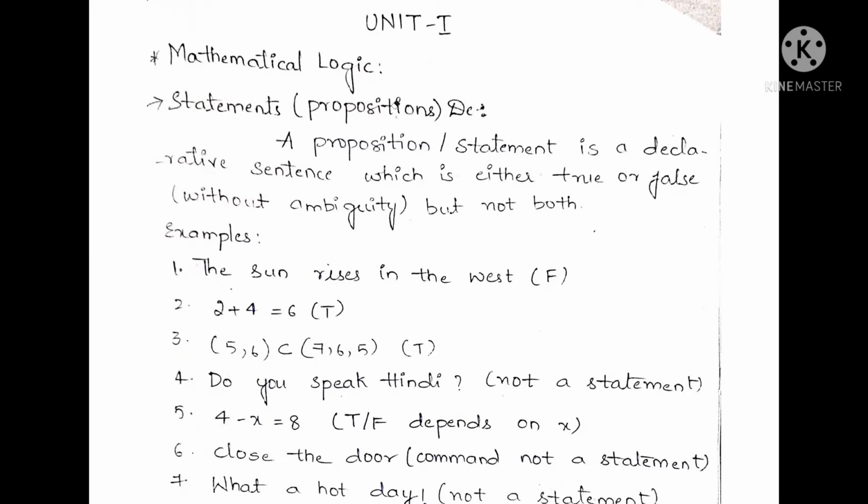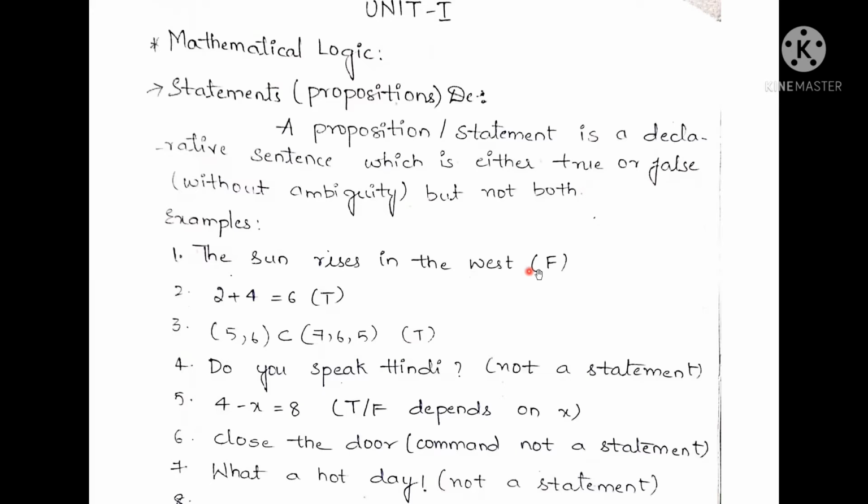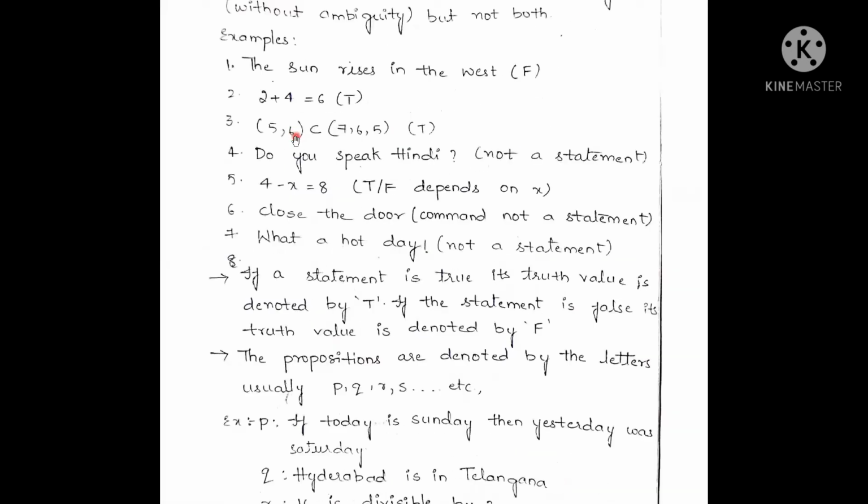Now let us look into the examples. The sun rises in the west. Obviously that is false. The second example is 2 plus 4 is 6. And then you have: do you speak English or Hindi? That is not a statement at all, it's a question. Then the fifth example is 4 minus x equals 8. It doesn't depend only on true or false, because you have to first find